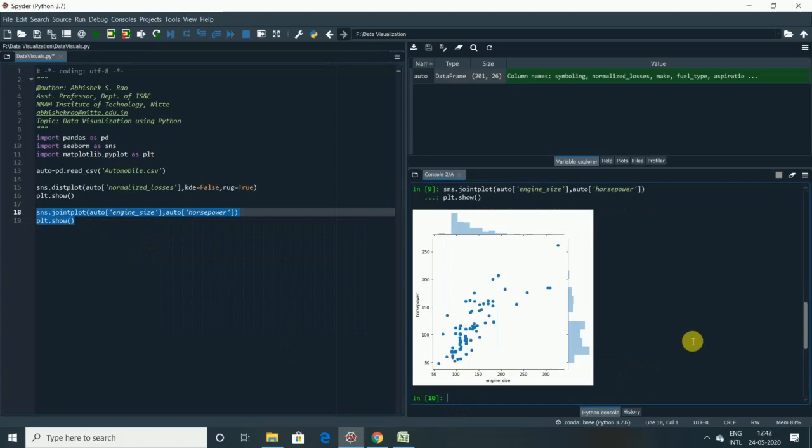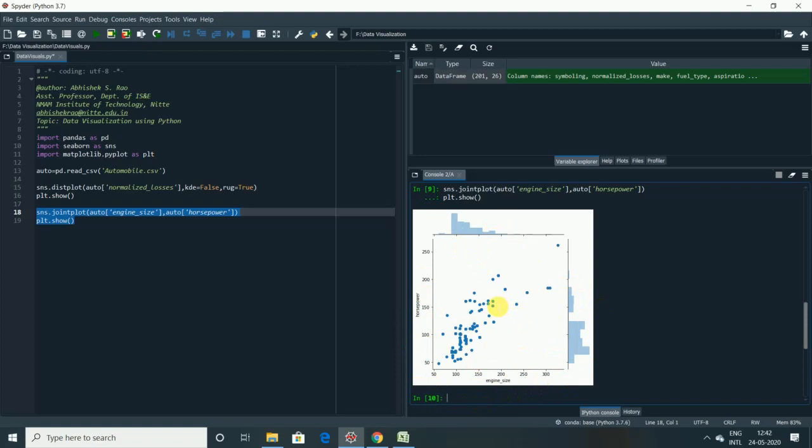Yes. So we can see that the histogram is created for the engine size, and also the histogram is created for the horsepower. This is the histogram for the horsepower, and this is the histogram for the engine size. We can also see the scatter plot over here, created between the engine size and the horsepower.